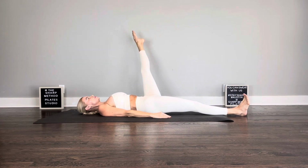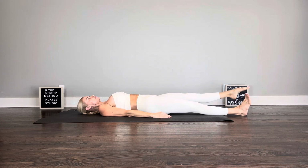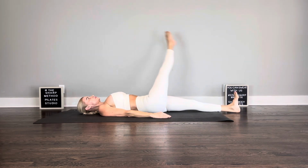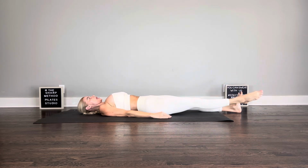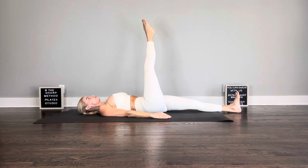So really flexing the ankle that's on the mat. It's almost like you're standing, it's not almost, you are standing on that leg. If we were to stand up, right, how much would you have to stand on the leg that was straight, the one that's not circling? A lot, so you don't fall over. After 5 circles in each direction, we get to go back to that roll up, roll on up, and then